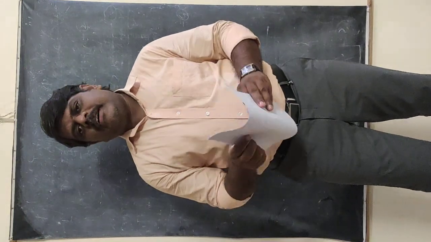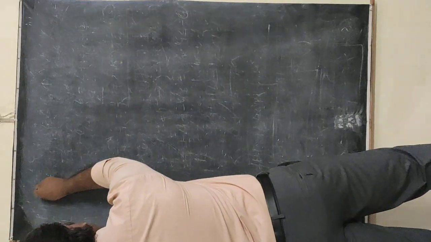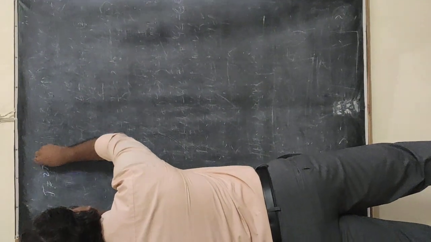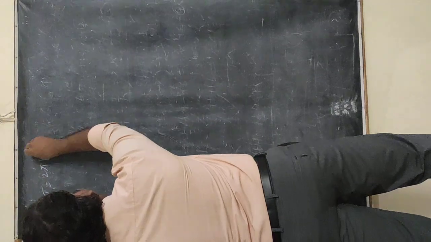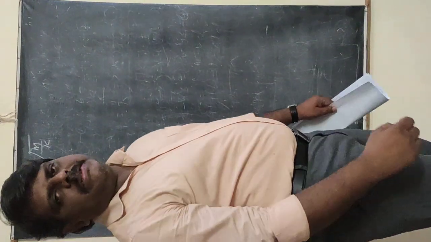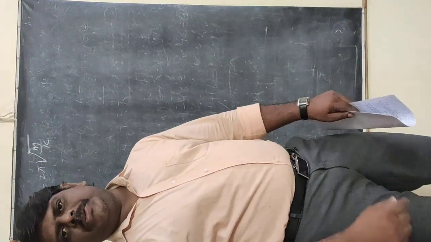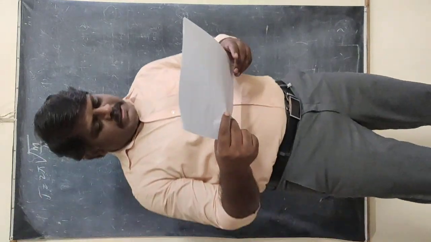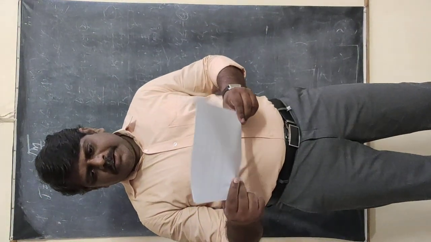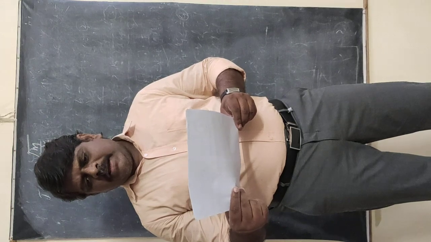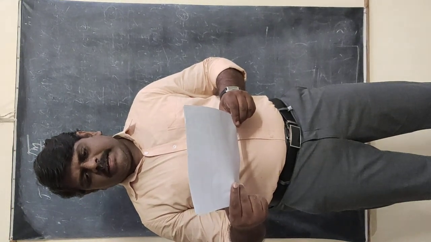First we can find the formula. What is the formula? The time period T is equal to 2 pi into under root of m by k. This is the formula we are going to use. Based on this formula, whatever values are given to you first, you have to consider those values, and then we need to find the remaining values.